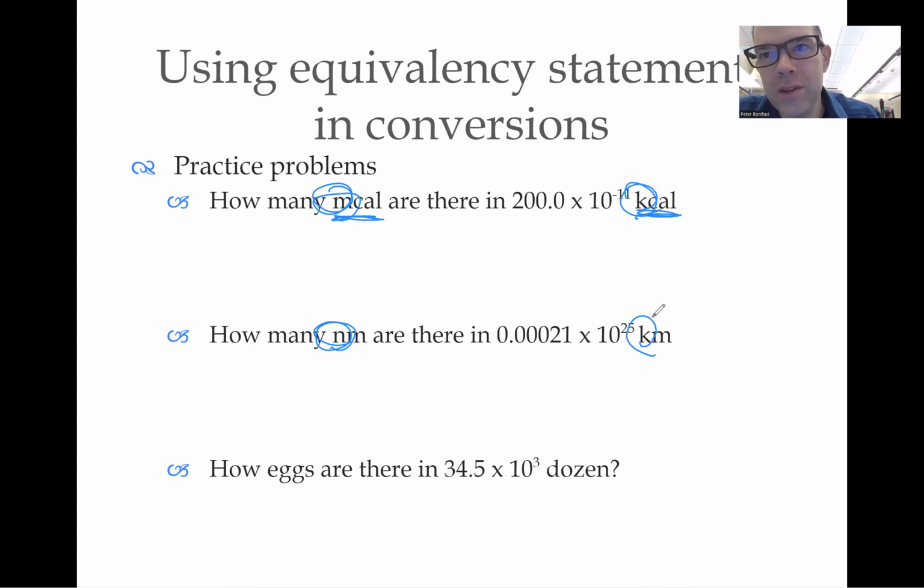I'm going to show you 2 ways to do it. It depends which is harder, with what way your brain makes sense. One is definitely shorter, but we'll show you both ways. So it starts off the same way. You start by copying down the number you have. So you have 200.0 times 10 to the minus 11